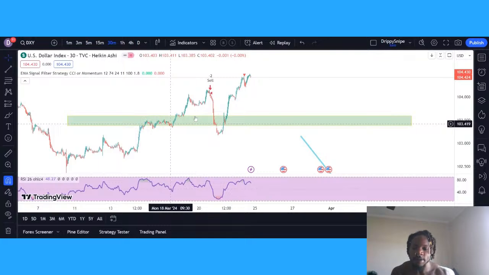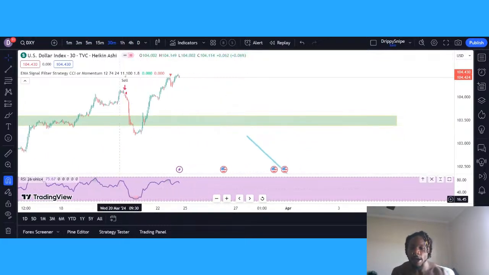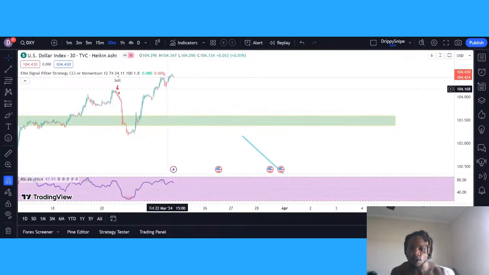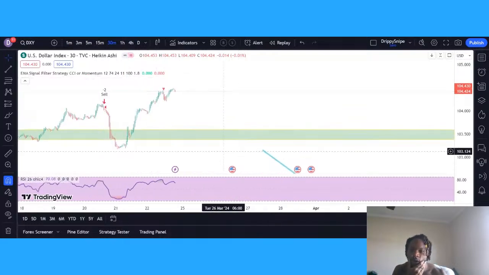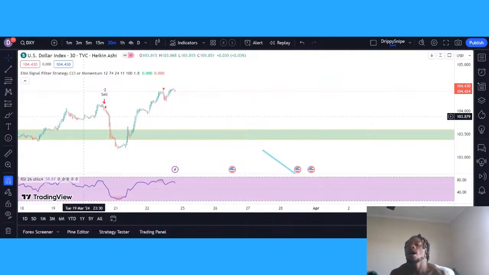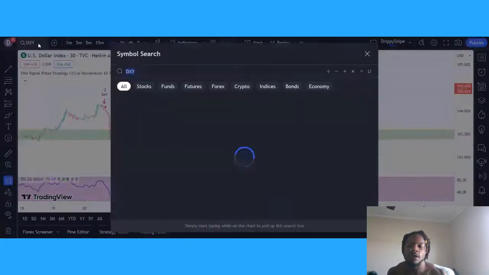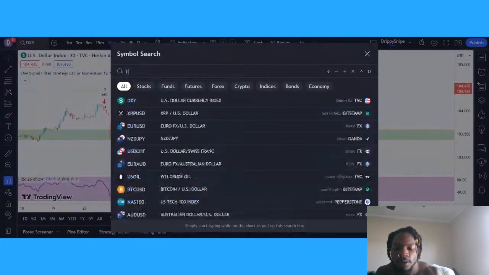I'm getting a signal on one of my higher timeframes. I usually only trust these signals on the hourly, but we're getting one off of these areas, so I think we're actually going to start seeing some downside on the dollar, which means let's go back over to